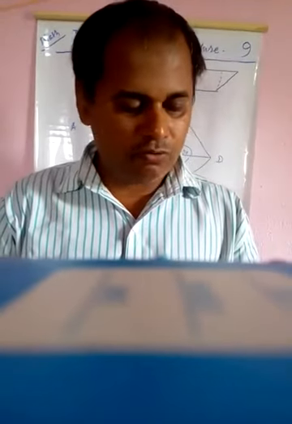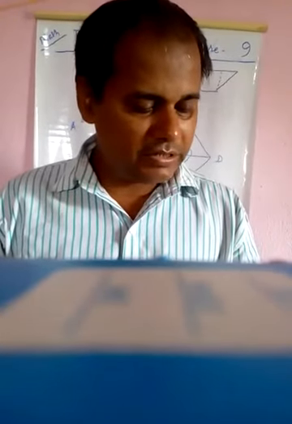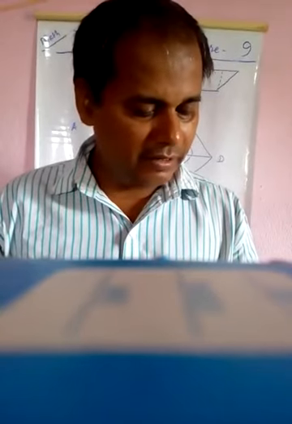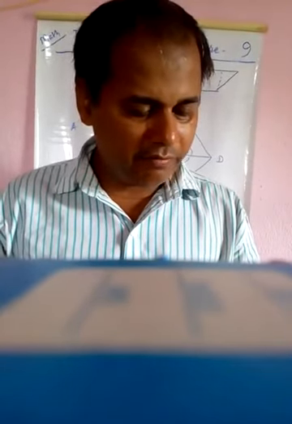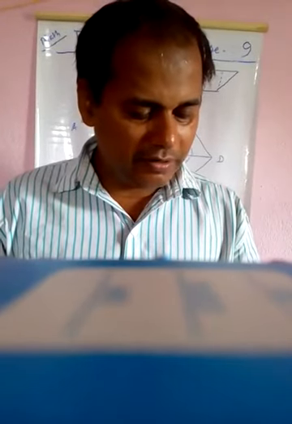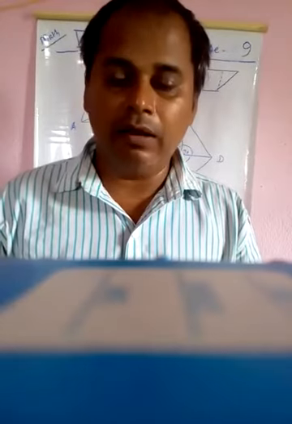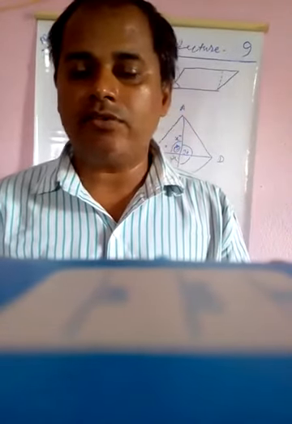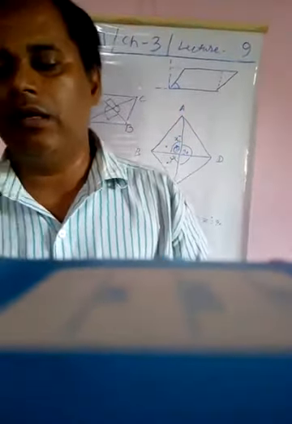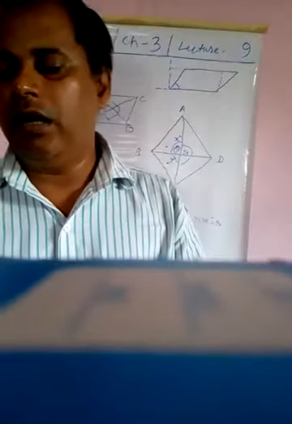To sum up, in a square, first, all the four sides are equal. Second, opposite sides are parallel. Third, each angle is of 90 degrees. Fourth, the diagonals bisect each other at right angles. Five, diagonals are equal. As a square has all the sides and angles equal, it is also called a regular